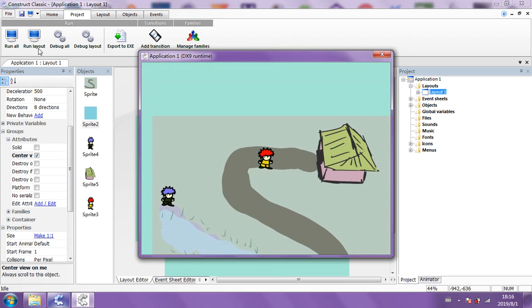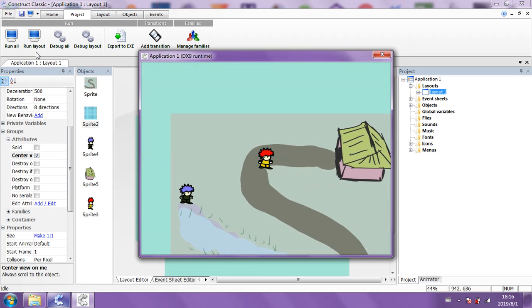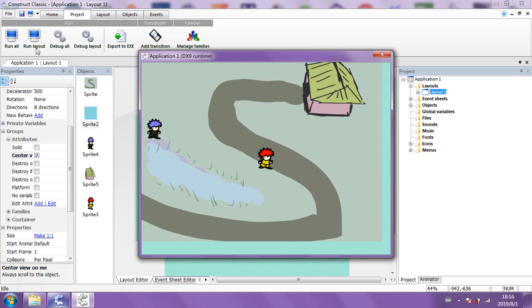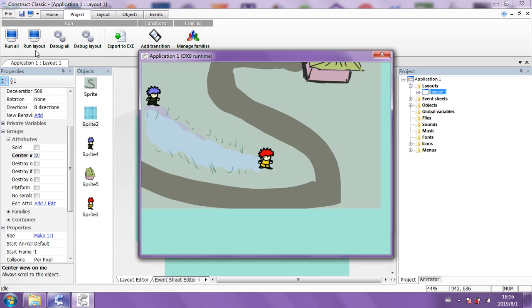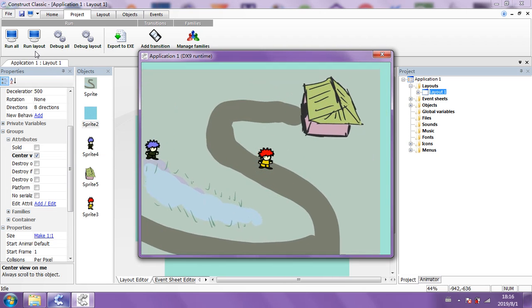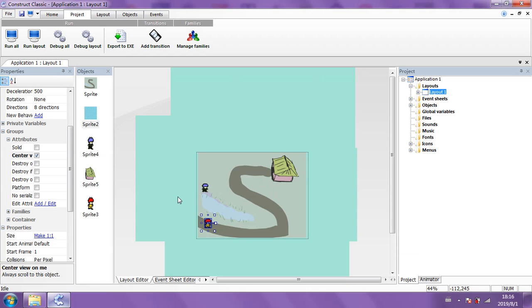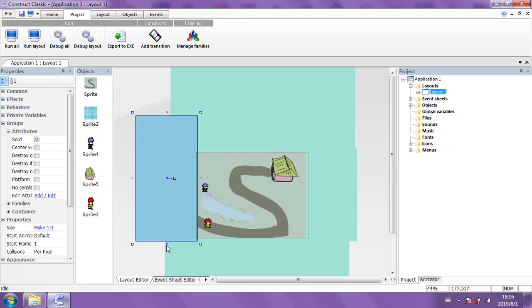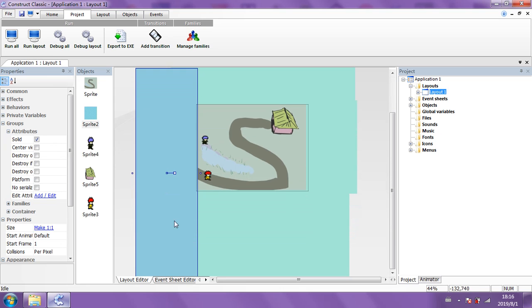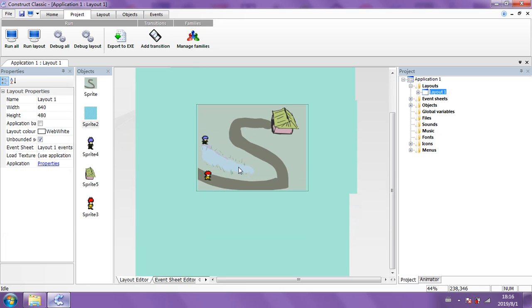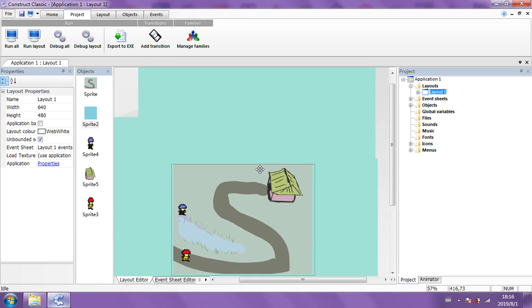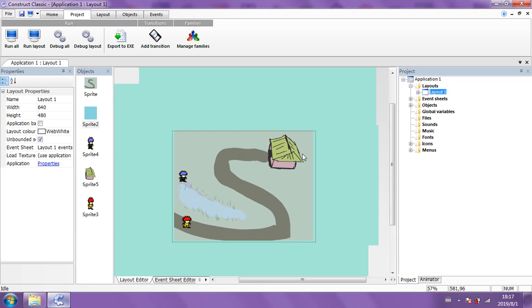Now this would be useful if it was a very big, large place, and we didn't want to have the whole map in one view. We can have it like he's walking across the fields and is showing more as we go along. And the green, I know I don't have it like an actual perfect green, and it's not the perfect setup, but you could do that. You could adjust things, or you could just make one big massive image. Anyway, you'd have to have a bounding area around it, whether it's visible or not, so that the character would not walk off the screen and you'd lose them.